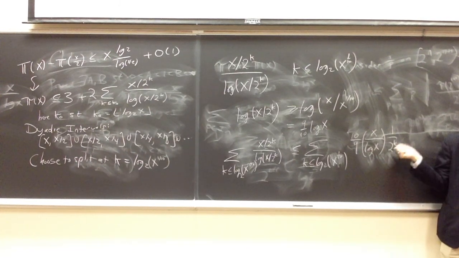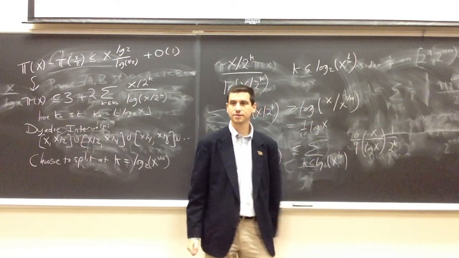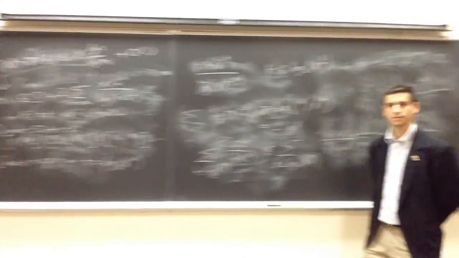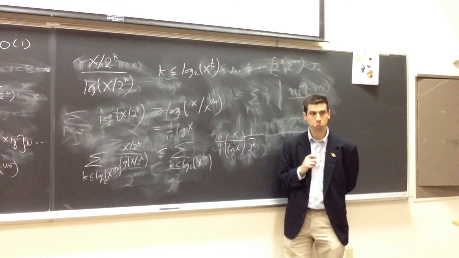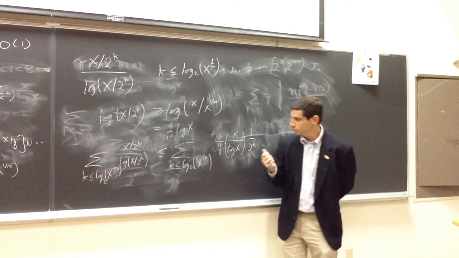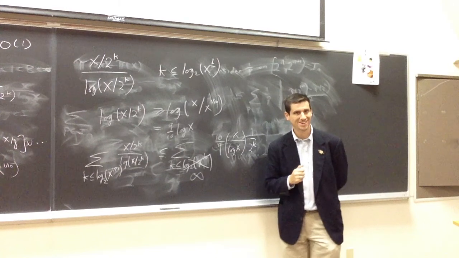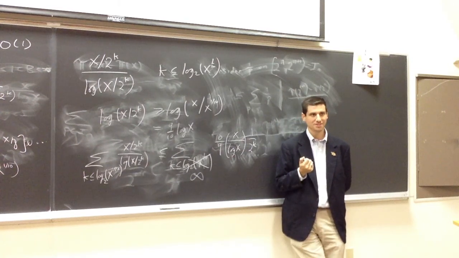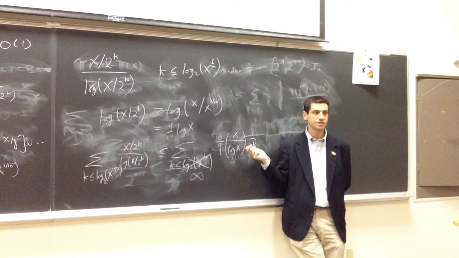So how would I handle something like this? What would I do for this piece over here? How would I handle this sum? Don't worry about the x and just do a geometric series. In fact, if I wanted to, I could even make k go up to infinity. It's only going to change by a constant, right? I've got the x over log x term. So in this range for these k,